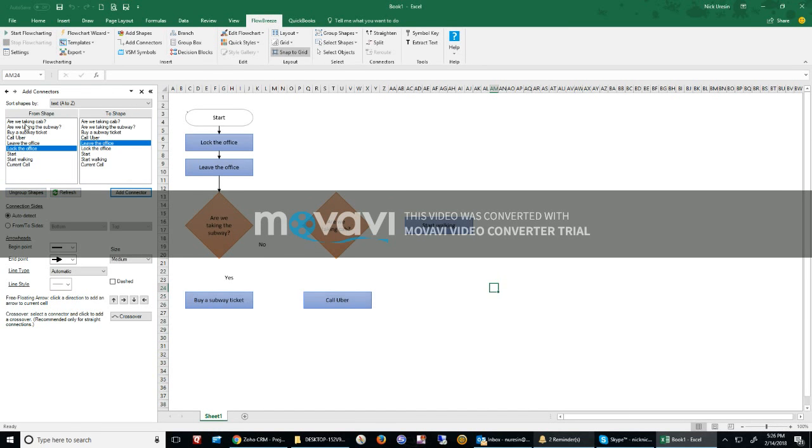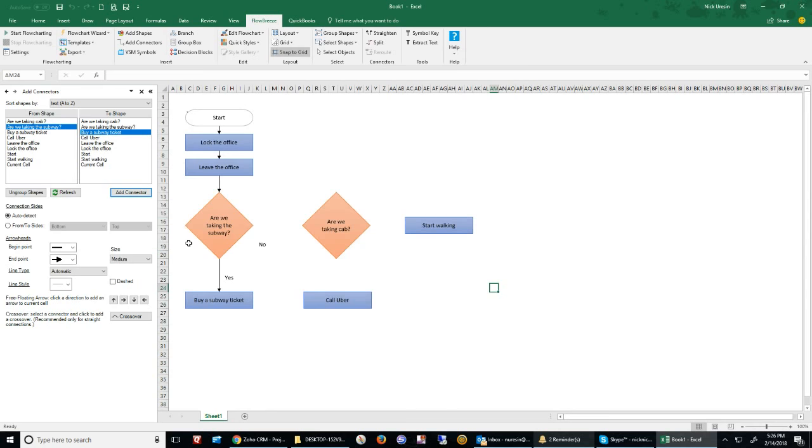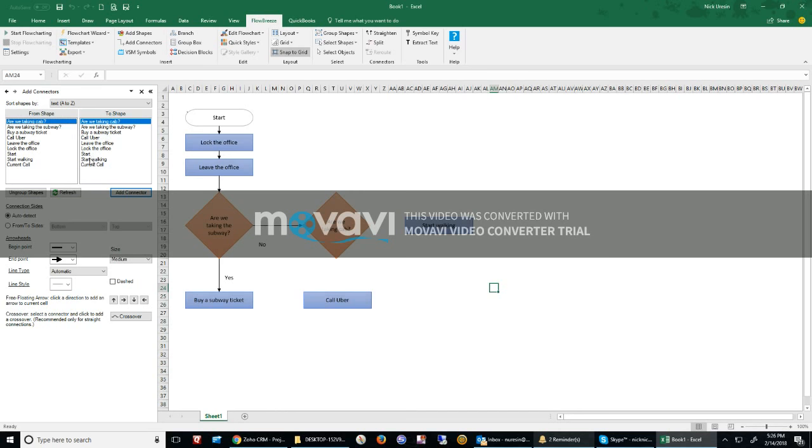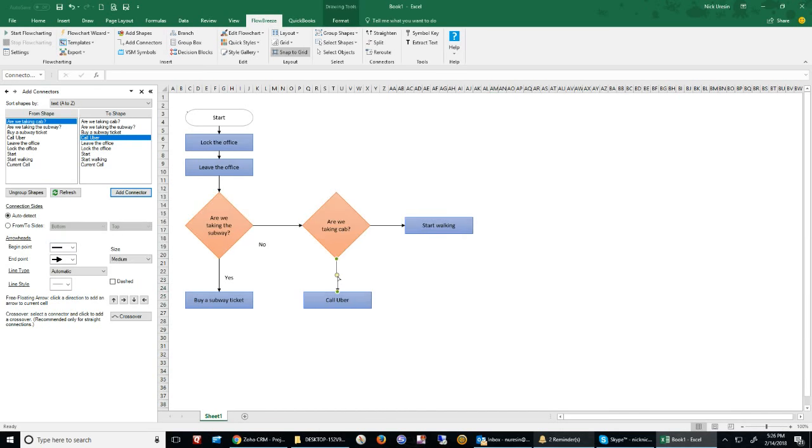Are we taking the subway? To buy a subway ticket, add connector. And then are we taking the subway to, are we taking cab, add connector. Then are we taking cab to start walking, add connector. And then taking cab to call Uber, add connector. Okay, so this one is not straight, so I'm going to make this straight